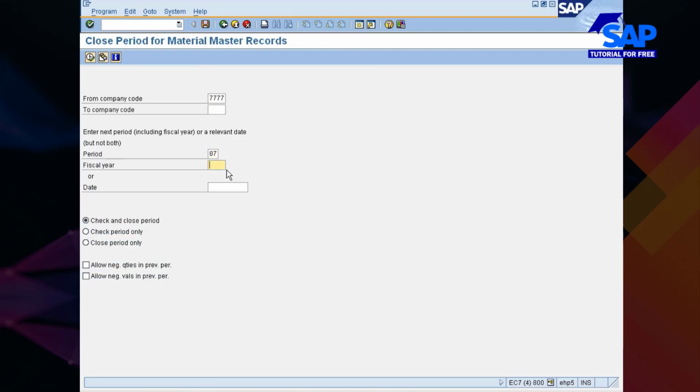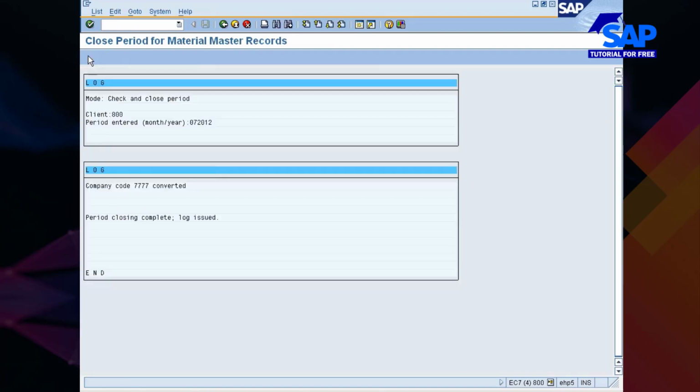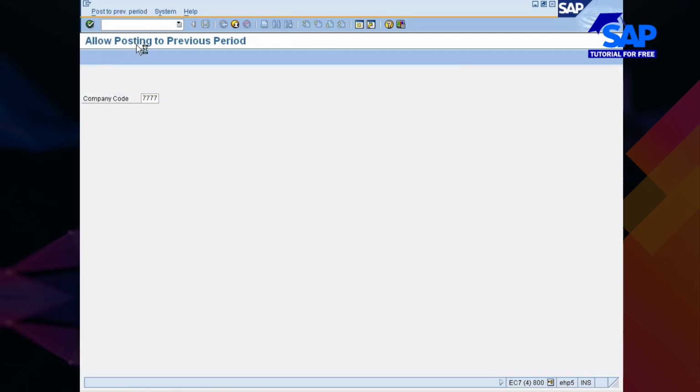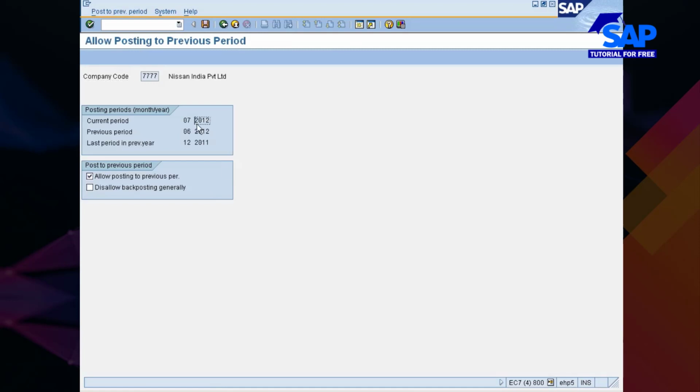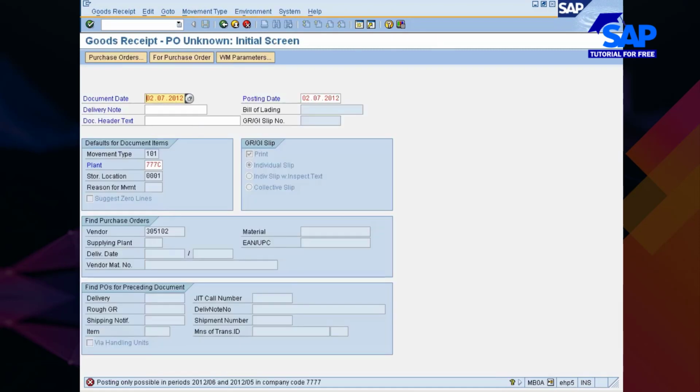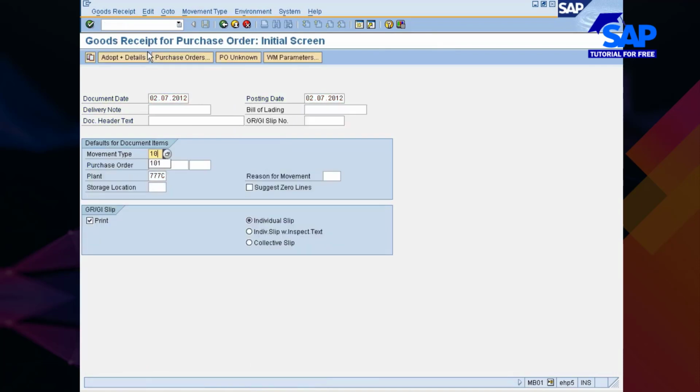If you want to close 06, you have to open 07. Just go and execute. Now if I go and look at MMRV, current period is 07, so I don't need to worry about it. Once again, let me refresh the transaction.